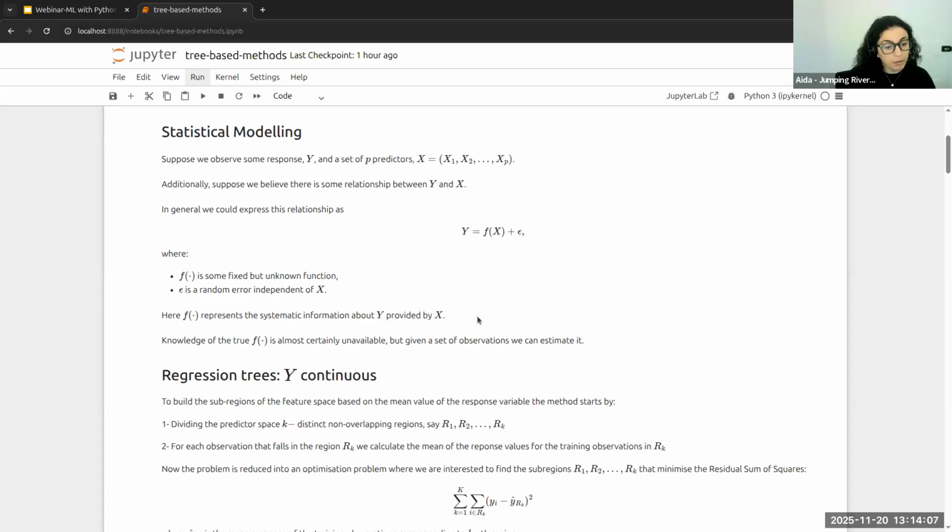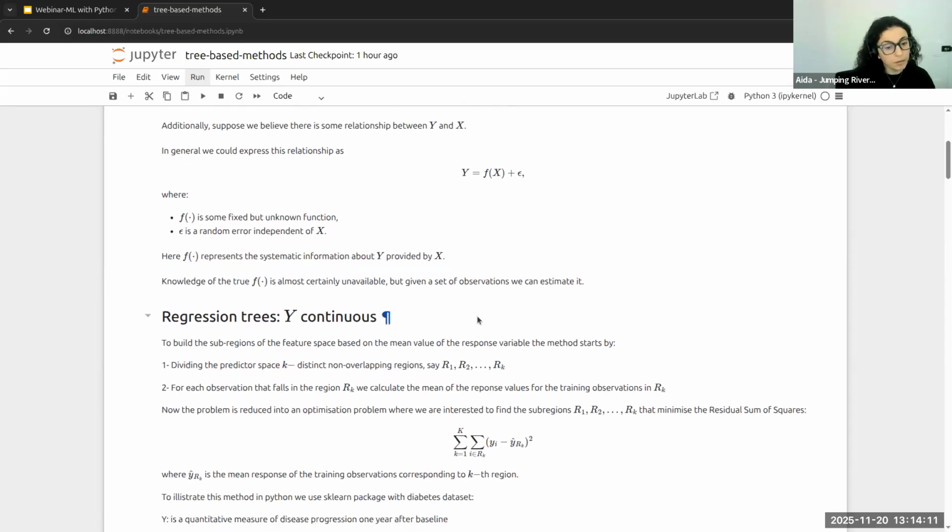Today, we are going to have a look at regression trees, which is a method used when my response variable is a continuous response. So it's a continuous variable. The idea behind the algorithm is that I build some subregions in the feature space.